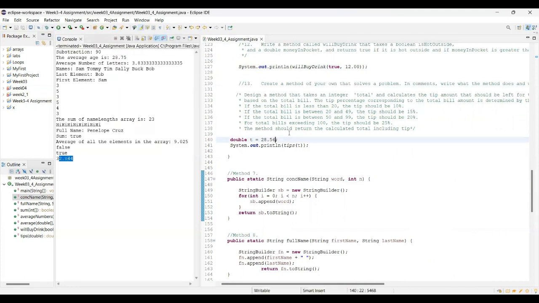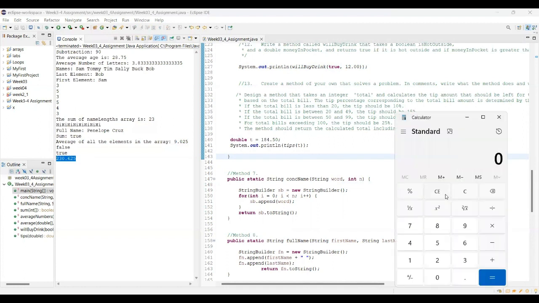But if my total was 184.50, I should pay the 25% of tips. So I should pay 230. Let's see. Four. Yes,